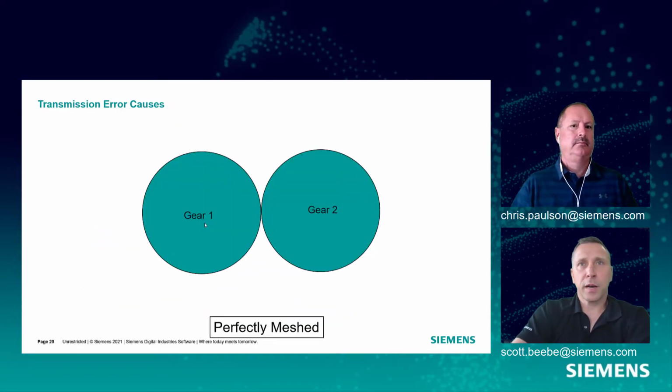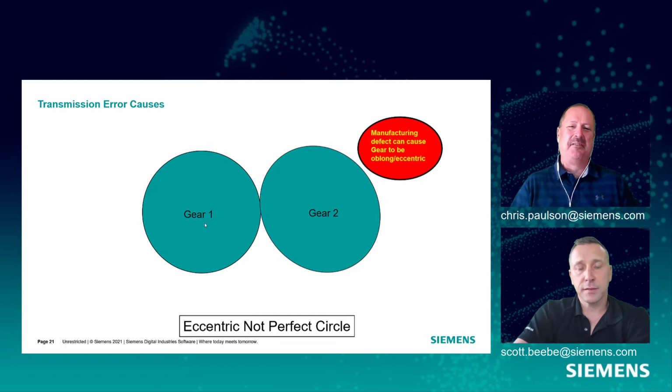Now, we talked about gear load and speed causing transmission error. There's some additional things that can cause that as well. So if we look at this gear pair and we just have two perfect circles, and we're assuming there's a number of teeth on each of these two circles and that they're perfectly meshed, is what we're trying to convey here. Yeah, go ahead, Chris. That's kind of what you would get with simulation. Our gear pairs would be perfectly round. I'll go ahead and take it over from here, Scott.